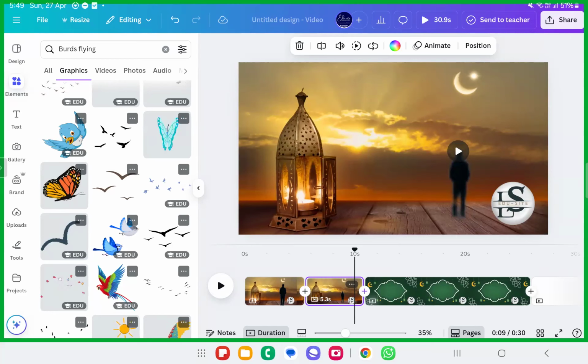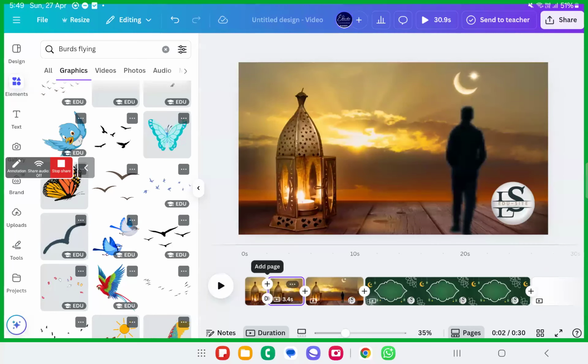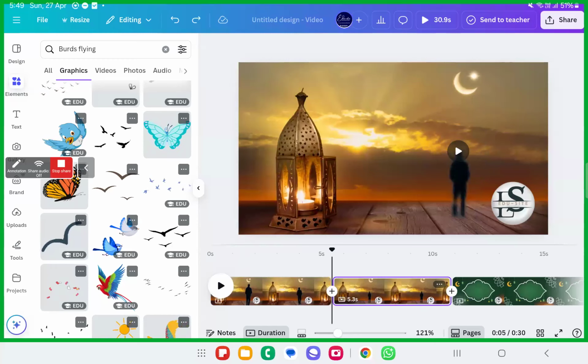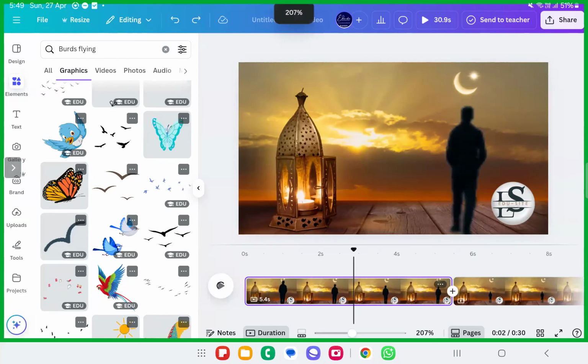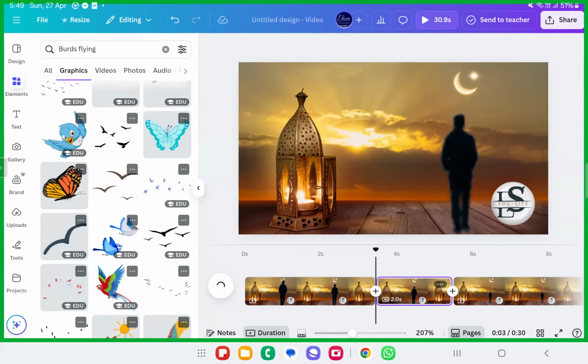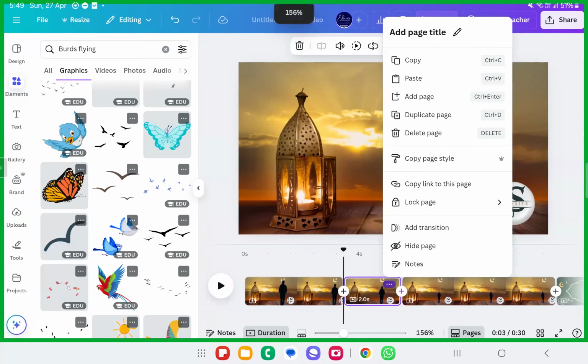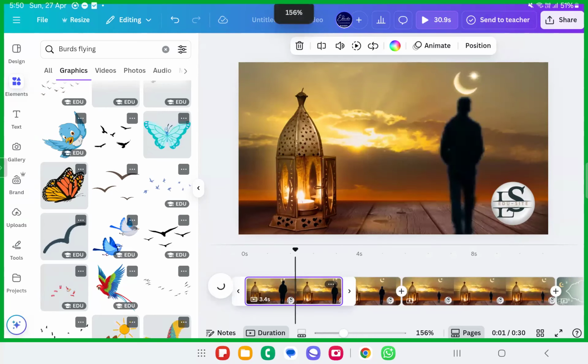Got it? Another option is you can go ahead with this one. It actually won't give you the perfect output, so we don't go ahead with that. It's actually the trimming itself, the same thing. So for example, this is a video. You want to trim this at 2 seconds. I just click on the video and click on this button. It's actually giving you the perfect output. So that is also a split button. You can go ahead with that, as well as click on the 3-dot button and split it, which is a better option.